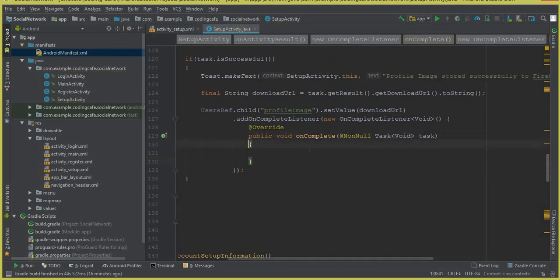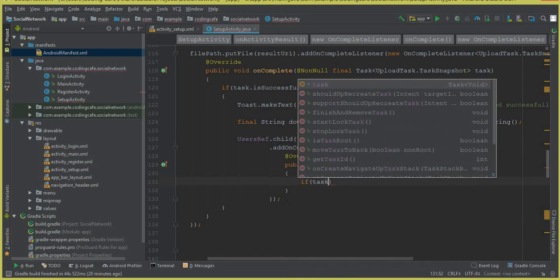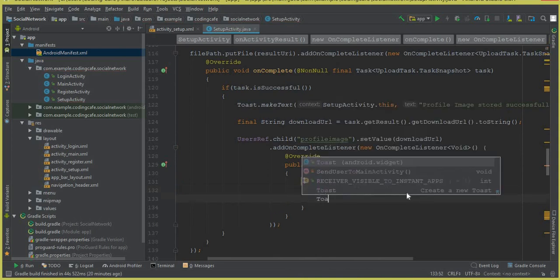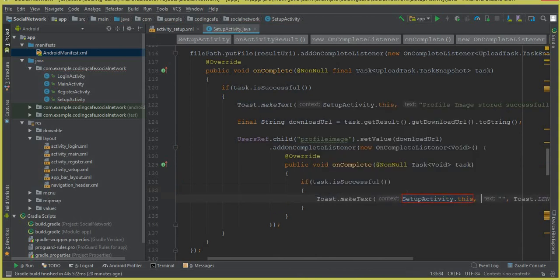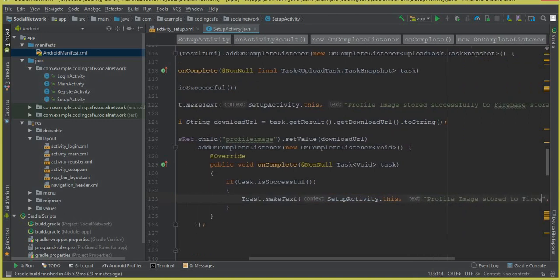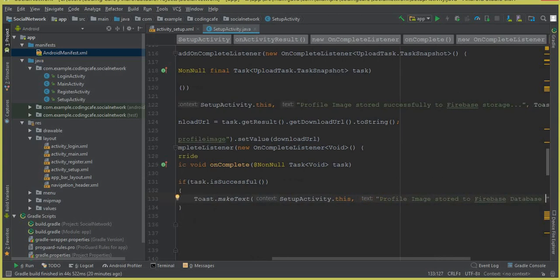And now inside this on complete method, when the image link is stored inside the Firebase database, that is, when the image is stored successfully to the Firebase database, then task.isSuccessful, we're going to display a simple message that the image is also stored successfully to the Firebase database. So here we can say